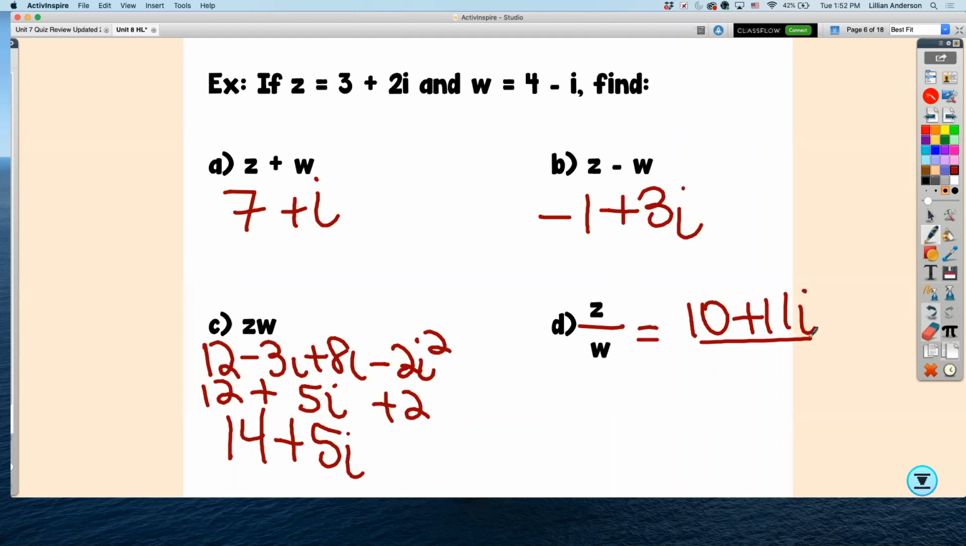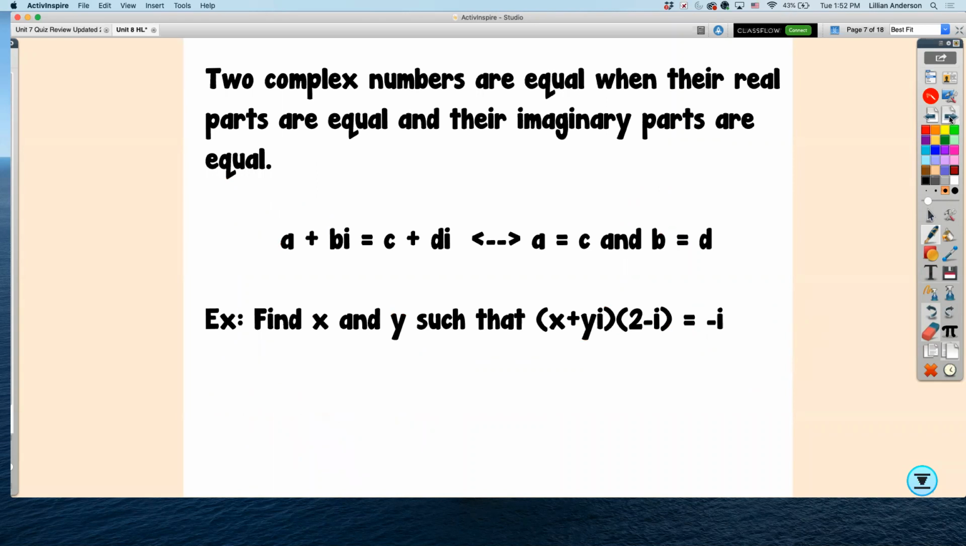Over what? Very, very good. What was the conjugate of w? 4 plus i. Good. Questions? Now, two complex numbers are equal if their real parts are equal and their imaginary parts are equal. Okay, so keep that in mind when you are potentially having to find different variables in equations, such as this